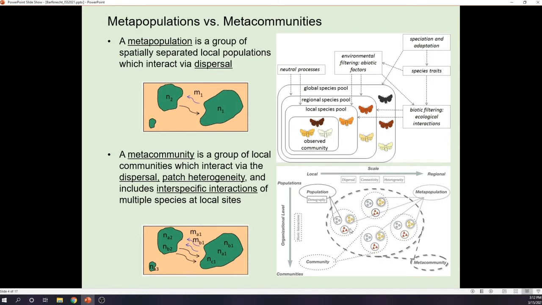So this diagram, I think, is a really nice demonstration of that, because obviously at the organization level, you're going from individual populations to a network of populations at a single site called species, but then you're going from a local site all the way over into a more regional area where there are patches of not only metapopulations but also entire metacommunities that are linked based on their dispersal connectivity, and they're affected at least in some way by the environmental heterogeneity.